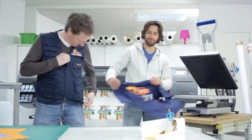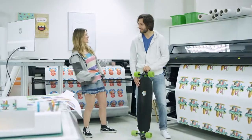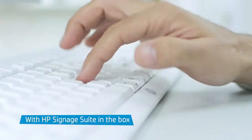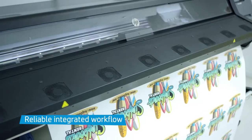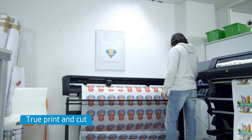Mike now makes a living using his creativity, producing window graphics, customizable clothing, stickers, and more with HP Latex Print and Cut solution. And with HP Signage Suite in the box, you can bring your ideas to life in 3 simple steps. Software, printer, and cutter work as one, so you can print and cut at the same time and